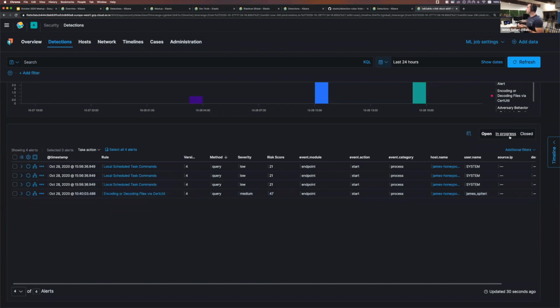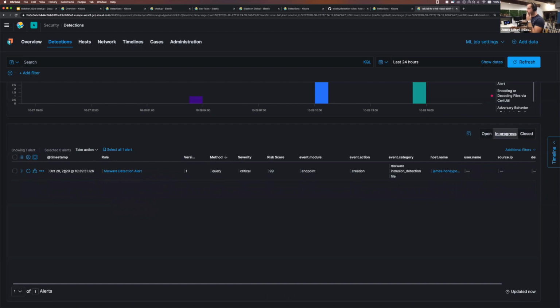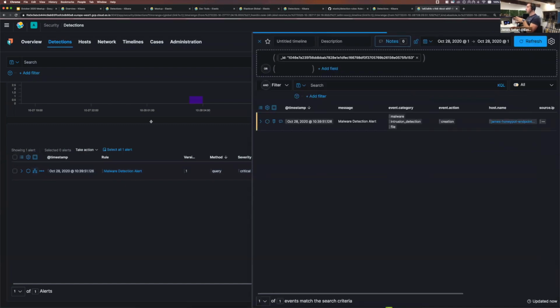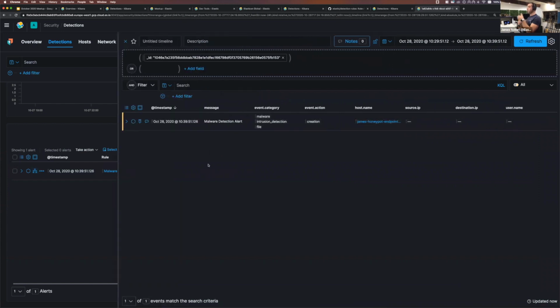I'm just going to go back to that alert, which is still in progress. And I'm going to actually now send this to our timeline. What is a timeline? So Event Analyzer isn't the only way you can investigate this. We can send it to what we call our timeline, which is a really easy way of manipulating searches for further discovery. So by default, when I click on this investigating timeline, it's going to send this event based on that ID, so the singular alert ID.